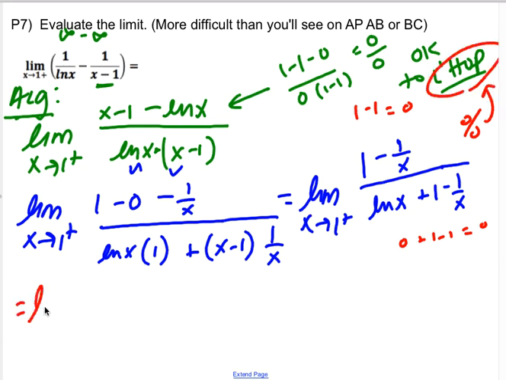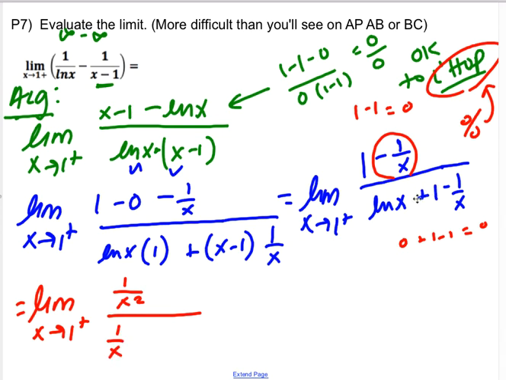So I get that this is the limit as x approaches 1 from the right. When I differentiate the 1, it's just gone, right? And when I differentiate this thing, this is actually a negative x to the negative first, so I'm going to end up with a positive x to the negative second, which is the same as a 1 over x squared, right? When I differentiate the natural log, I'm going to get a 1 over x. The 1 disappears. And when I differentiate this thing, I'm going to get exactly the same thing that I got up top when I differentiated it, right? So now if we plug in,